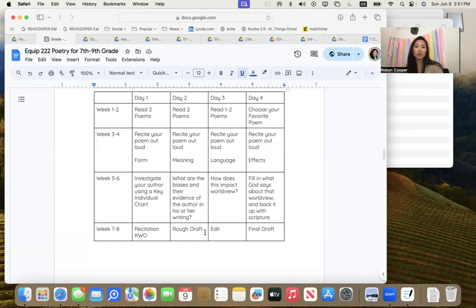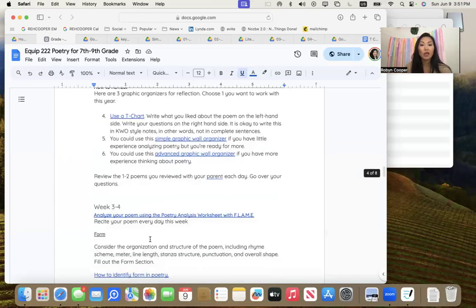And in the last 2 weeks of this session, they will do a recitation on the poem. The recitation will change depending on how God is leading us, but it's the same method that you use for IEW in terms of writing a keyword outline, forming a rough draft, adding your stylistic techniques and dress ups, any decorations that you have, getting your editing done, and then producing a final draft.